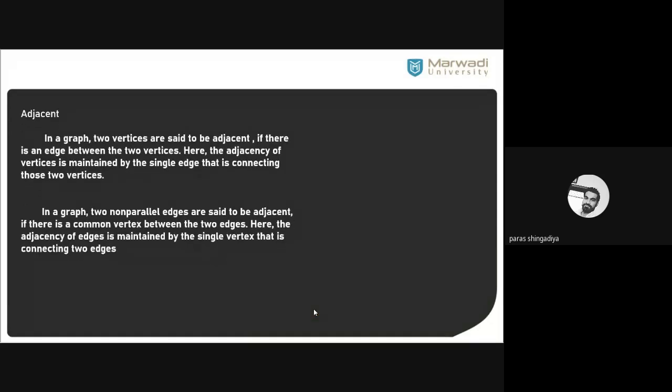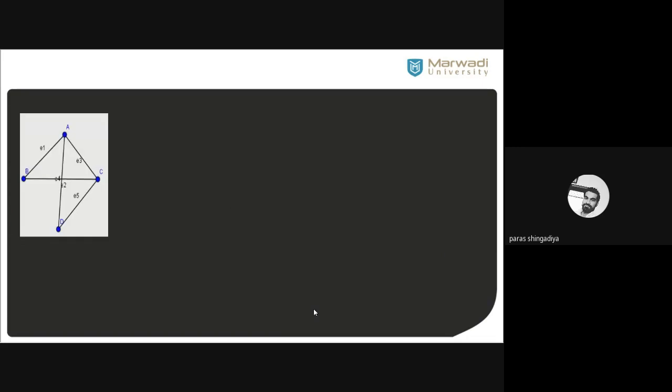Next definition is adjacency. Adjacency means you have a graph, and now check the two nearest vertices, as well as two edges, and we just say it is an adjacent relation. So how can we check the adjacency between two vertices and two edges? We'll discuss the definition later. First let us check from this graph how we can check adjacent vertices. In adjacent vertices we check the common edge. These vertices are called the adjacent vertices.